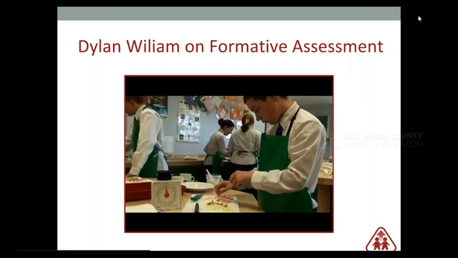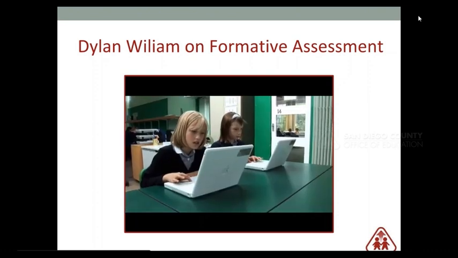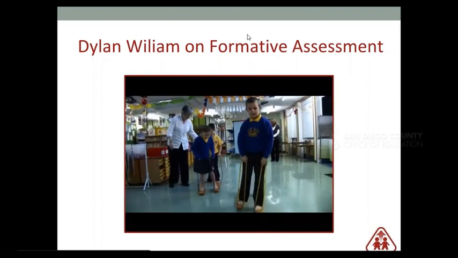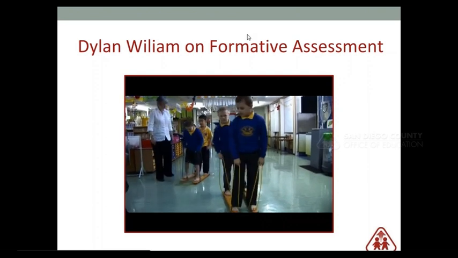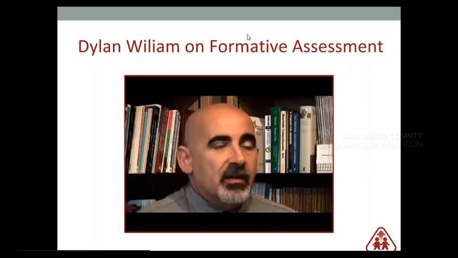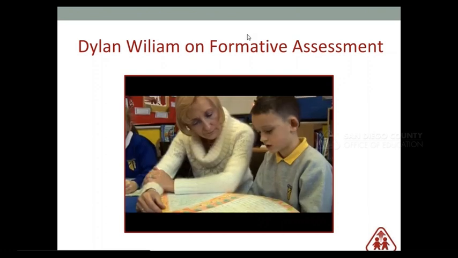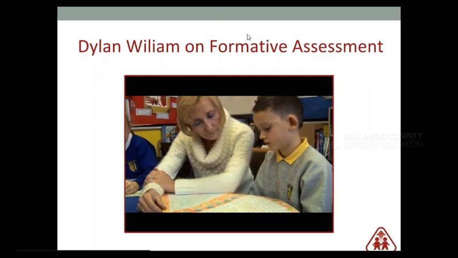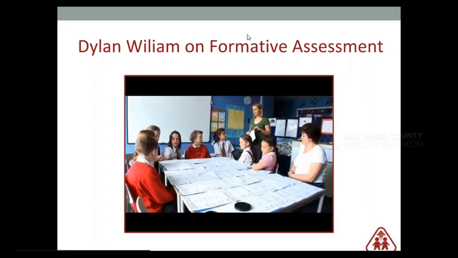So the reason I think that formative assessment is the right focus is because assessment is the bridge between teaching and learning. It's only through assessment of some kind that you know whether what has been taught has been learned. And that's why I think this focus on this assessment process, minute by minute and day by day, not at the end of a sequence of learning, allows teachers to reflect on their practice and make small steps in improving that practice in a more powerful way than anything we've seen before.